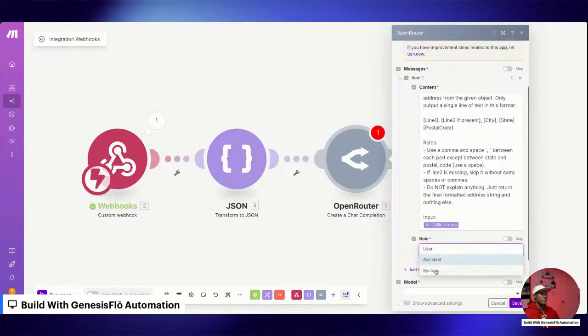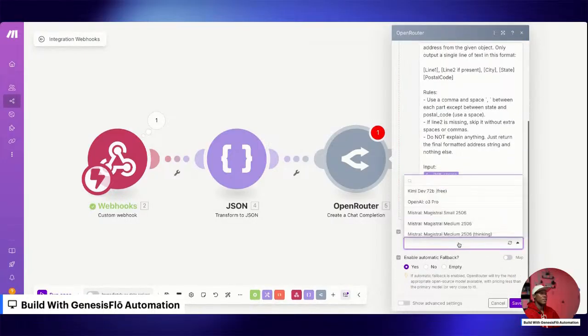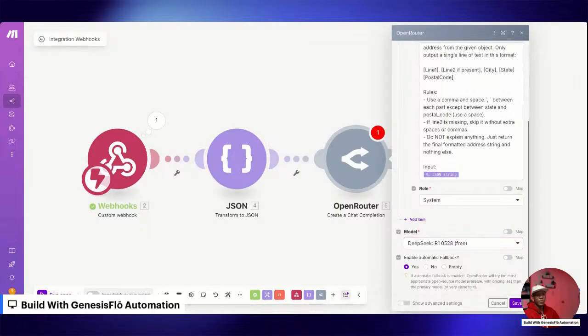Yeah, let's use system. And then the model we're going to use is DeepSeek for this one. I am using the R1 052 Reason model, which is a free one. So with OpenRouter,